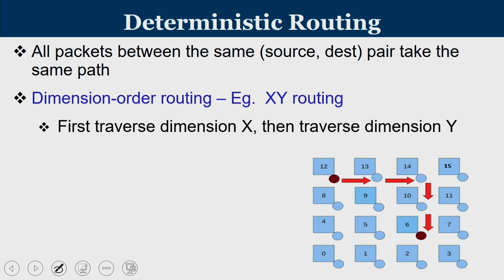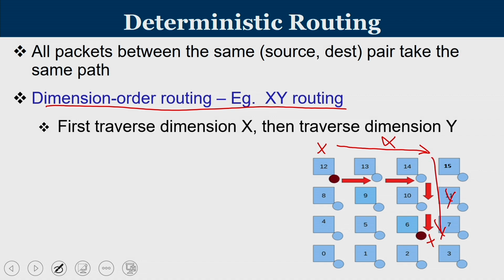In deterministic routing, all packets between the same source and destination pair take the same path. Dimension order routing is a classical deterministic routing. So, consider router number 12. Let us say there is a packet which I want to send from router number 12, or from tile 12, to tile 16. The squares represent the tiles, and the circles represent the routers. From the diagram we can see that the packets first travel in the x direction, and then take a 90-degree turn to the y direction. This is called dimension order routing. First I complete one dimension, x, then I take a 90-degree turn and move to the other dimension. So, xy routing is an example.